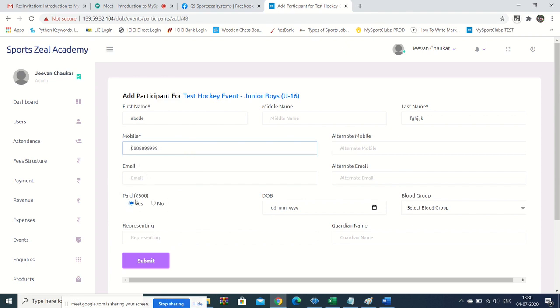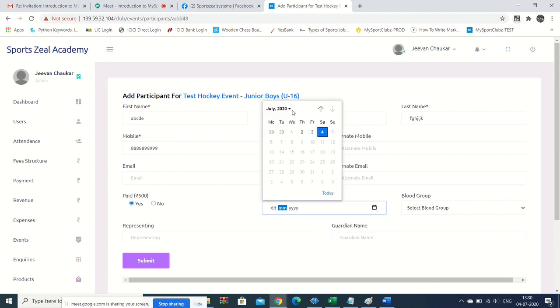Okay, I'm just saying here that paid equals yes, date of birth, because it is under 16, so they should probably mention date of birth. Let's make it 2004 or something. Let's make it 0101 2004.